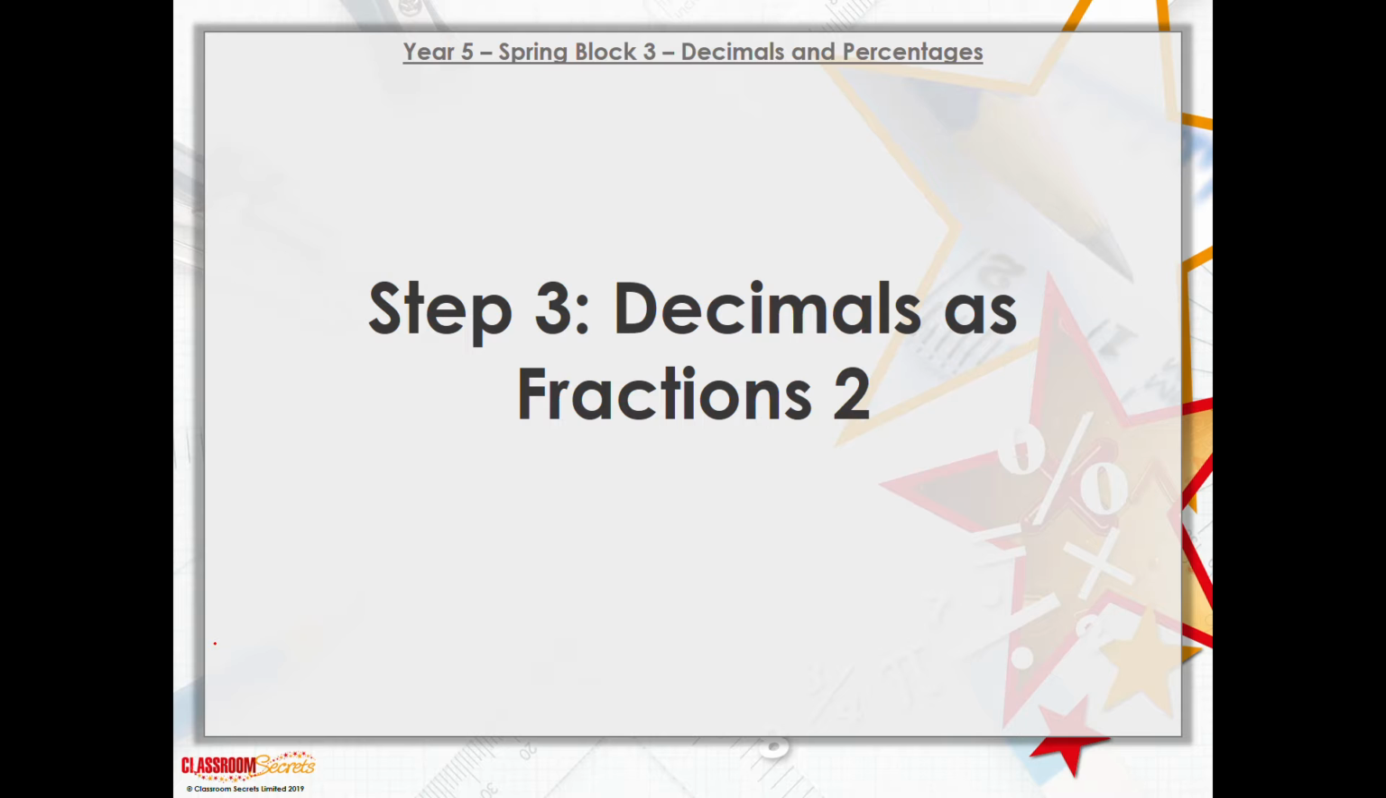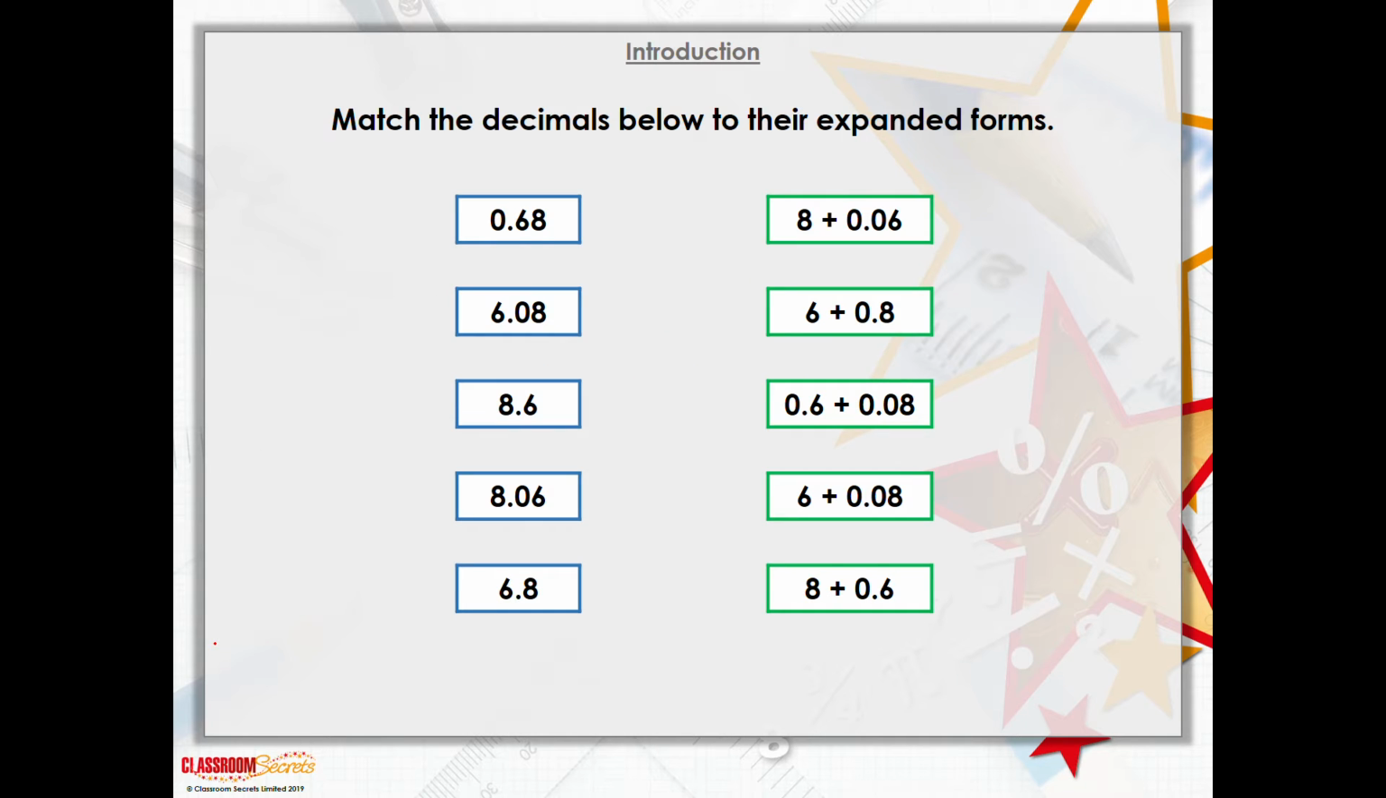Let's have a look at our introduction task. It says here, match the decimals below to their expanded forms. We have 0.68, 6.08, 8.6, 8.06 and 6.8. First of all, I'm looking for an expanded form that doesn't have a whole number. I'm just looking at 6/10 or 0.6 and 8/100. So if I look down, I have this one here, which is 0.6,